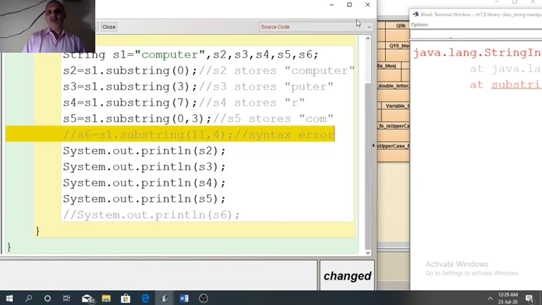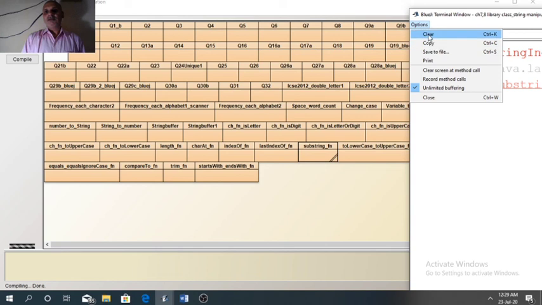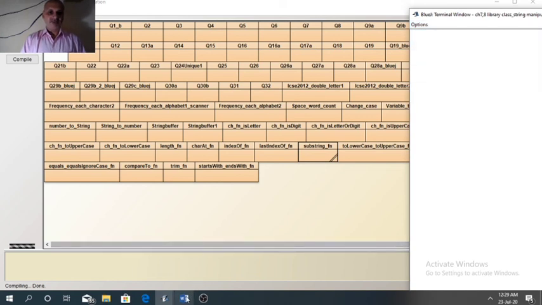I think this function should be clear to you now. Now the substring function is over.